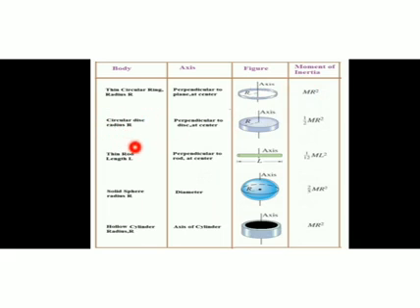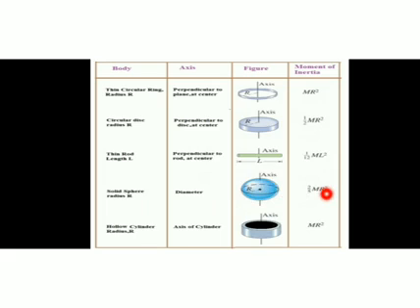And for a circular disc of radius r which is rotating about an axis perpendicular to its plane and also passing through the center, moment of inertia is mr square by 2, where r is the radius of that disc. And for a thin rod of length capital L which is rotating about an axis perpendicular to the rod, this is the axis, and at the center, moment of inertia is 1 by 12 ml square, where L is the length of the rod. And for a solid sphere of radius r which is rotating about its diameter,